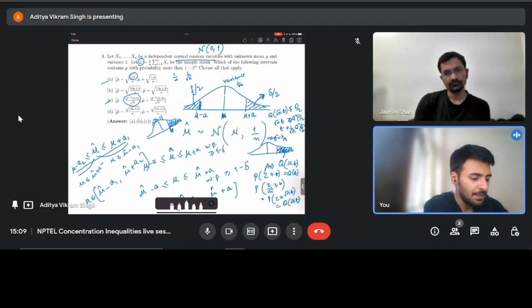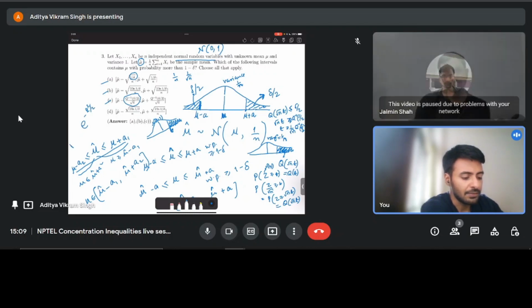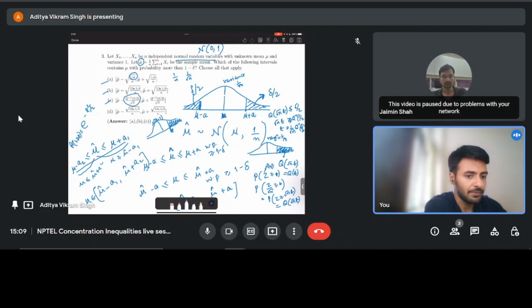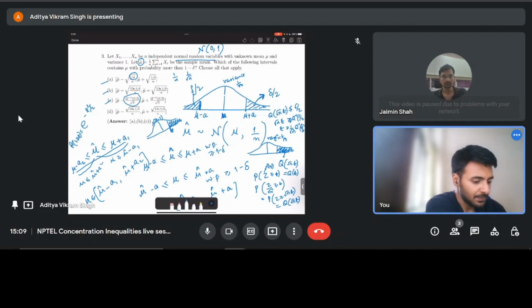And again, B comes from the usual Chernoff thing. B comes from the fact that this tail is basically e power minus t square by 2. The probability that X is greater than or equal to t is less than or equal to e power minus t square by 2 when the variance is 1. So this is what gives B. Okay, and D is obviously incorrect because